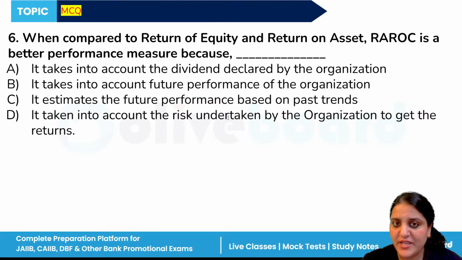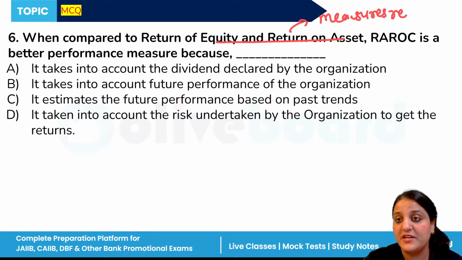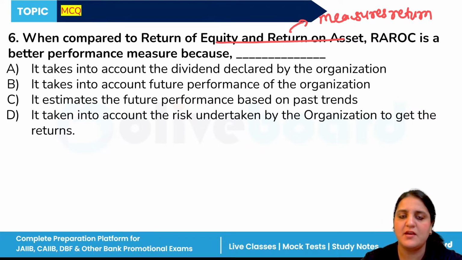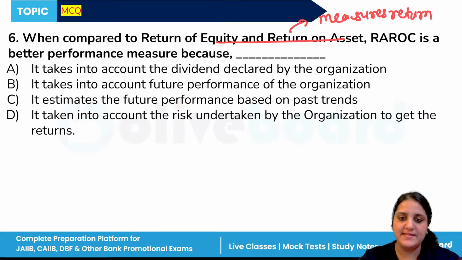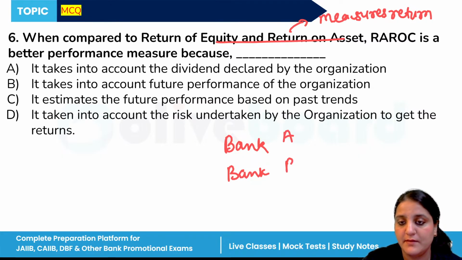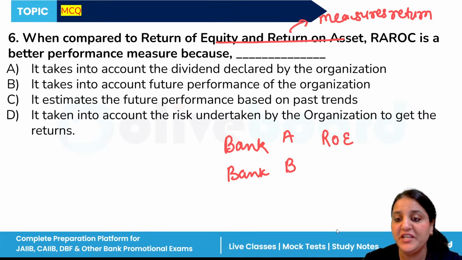So ROE or ROA, they only measure the return, not the risk. But RAROC considers both return and the risk taken to earn that return. Example, if we compare bank A and bank B, bank A is having ROE which is 15%,